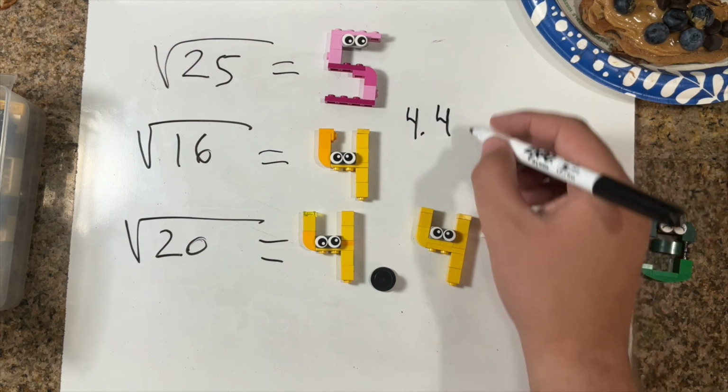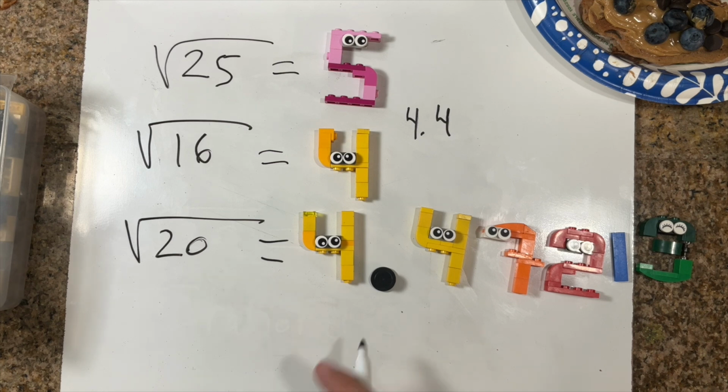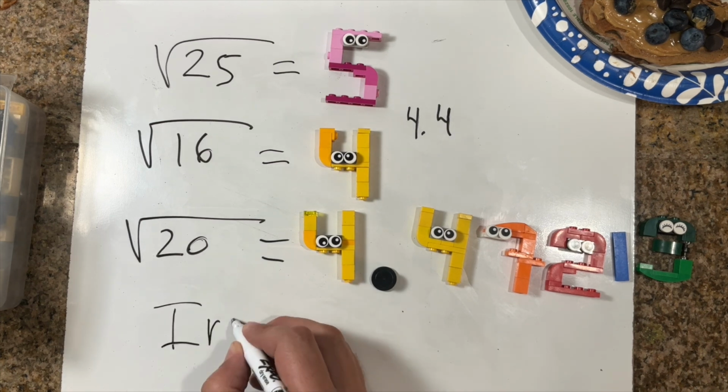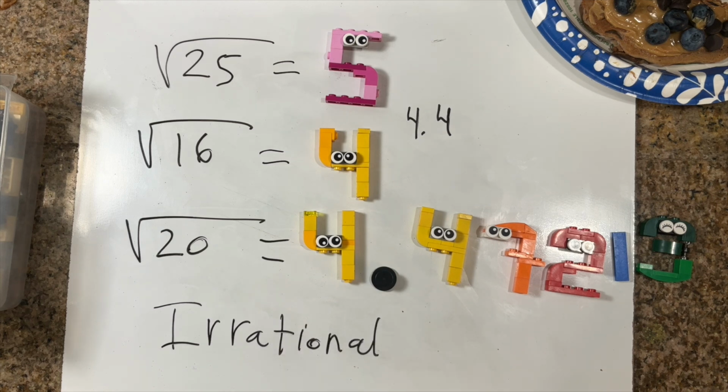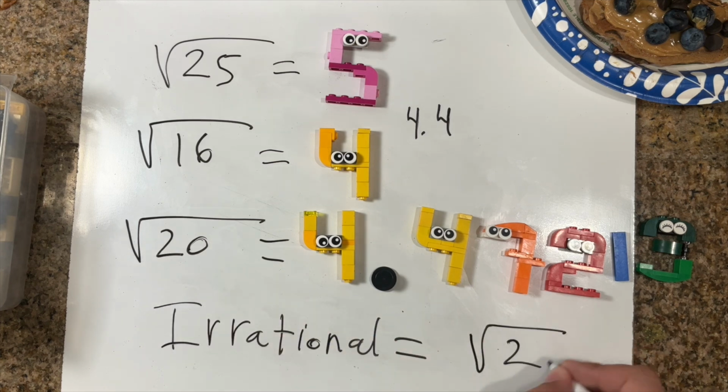4.4 is right over here. 4.5 is exactly halfway, so it's a little bit below halfway. But this isn't an exact number. It's a never-ending decimal. We call these types of numbers irrational. Most of the time, we'll just leave the number in the square root format. So square root of 20 will still just be square root of 20, rather than trying to write a never-ending